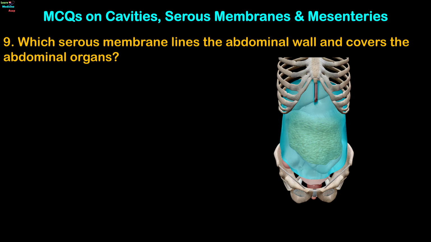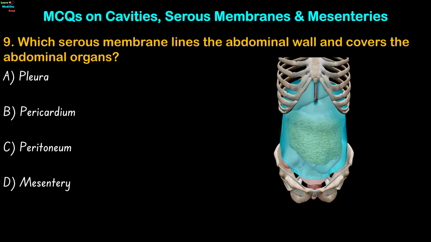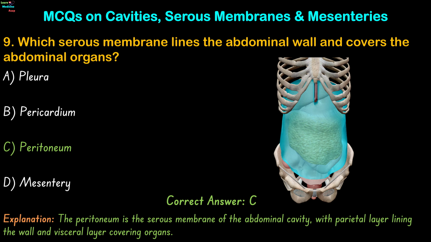Question 9. Which serous membrane lines the abdominal wall and covers the abdominal organs? Pleura, pericardium, peritoneum, or mesentery? The correct answer is option C. The peritoneum is the serous membrane of the abdominal cavity, with parietal layer lining the wall and visceral layer covering